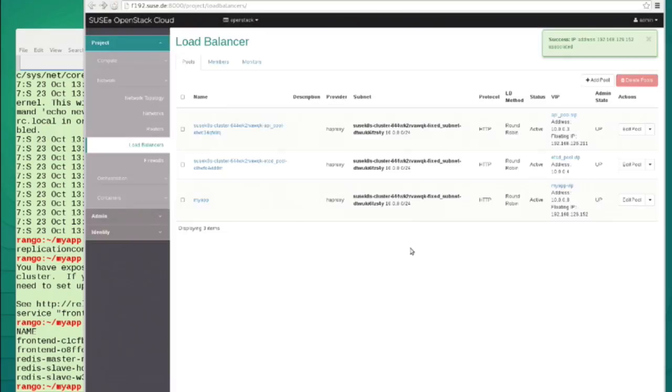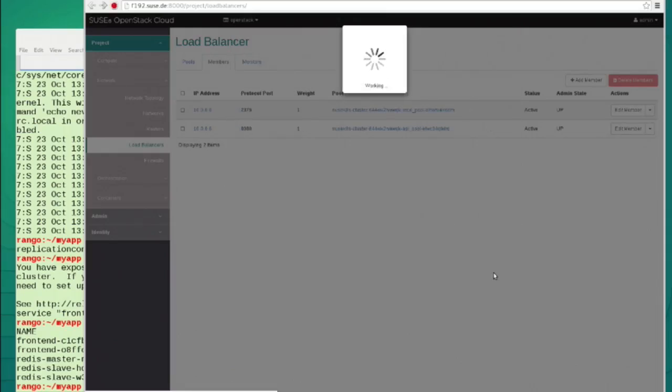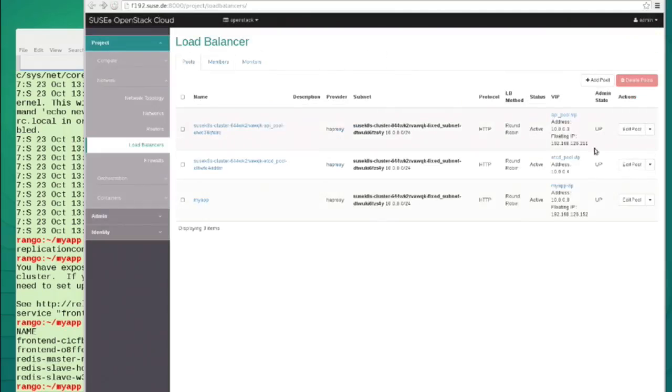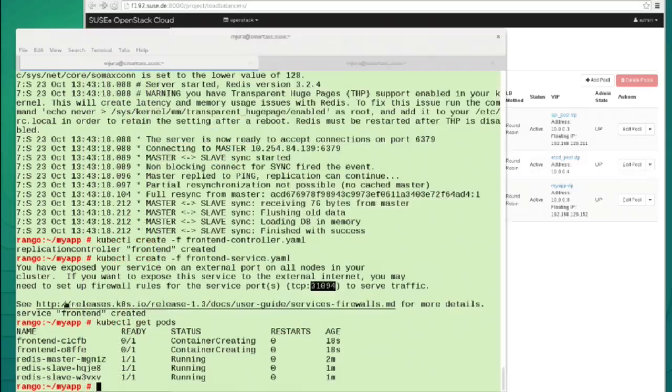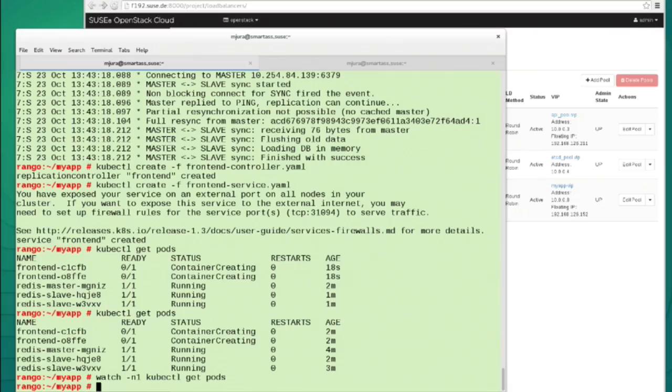And we are also assigning the floating IP, I mean the external IP, which is where the domain of the application will be assigned. And after this, we only have to choose which nodes are workers, and pass the port which was already given to us by the Kubernetes cluster. So this is all manual, unfortunately, right now. But as I said, we want to contribute a better integration so that Kubernetes can take care of that automatically when running on top of OpenStack, as it does on other clouds.